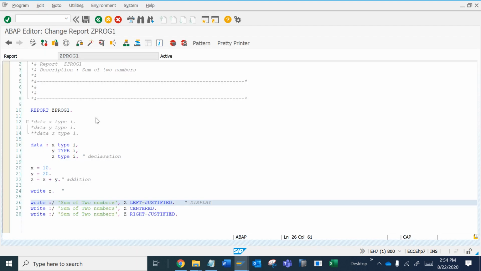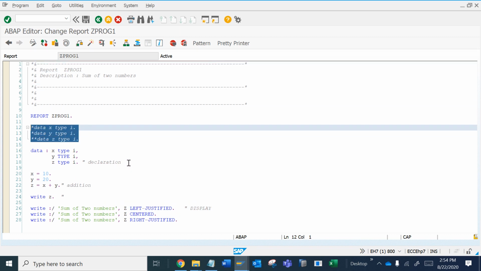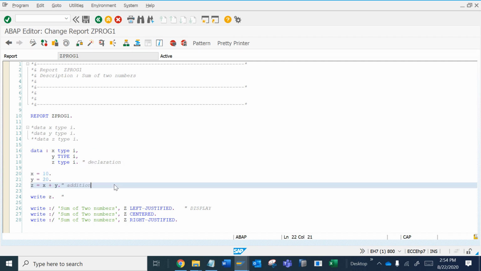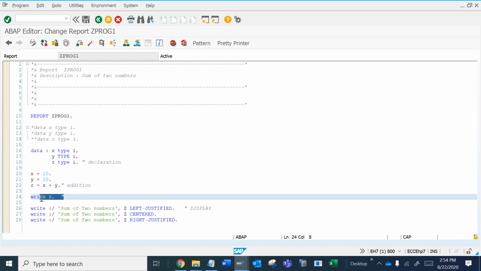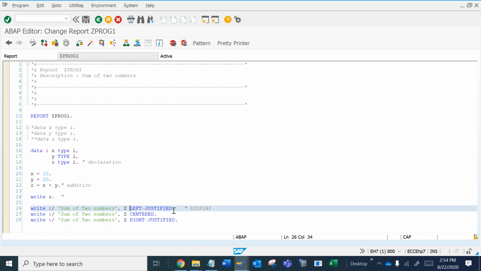So what we got to know in today's lecture: how to declare variables, if you want to declare them in the same line or multiple lines, how to declare them with the chain operator, how to assign spacing after any output or variables, how to display variables with strings, and if you want to display any integer type, then we have to assign left justified because it is by default right justified.